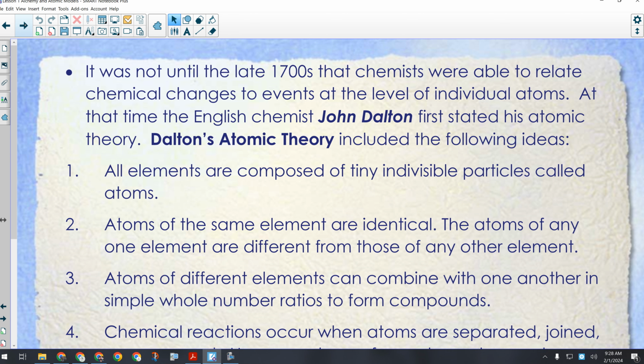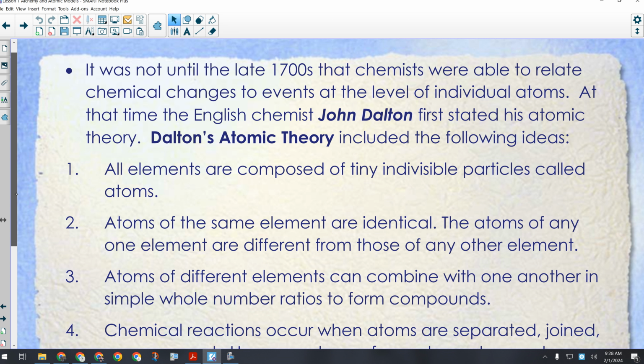Probably the most important person when it comes to the idea of the atom, even more important than Democritus, is Dalton. Dalton was a chemist. He did lots of experiments involving chemical reactions, and he was trying to explain what happened in those reactions. He knew that he would start with these materials, but at the end he would have different materials, but they still contained the materials he started with. So let me give you an example. He could have done an experiment like this,